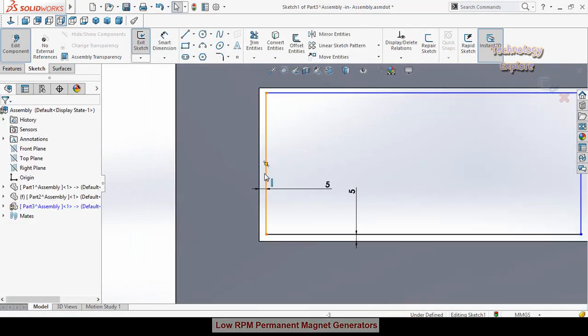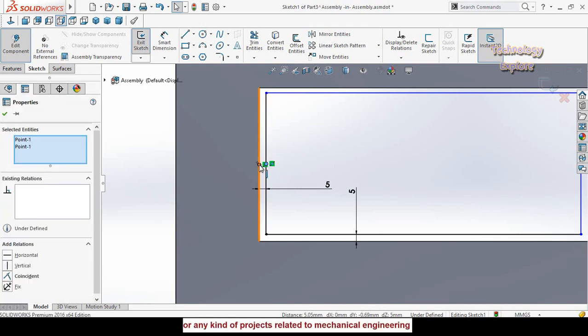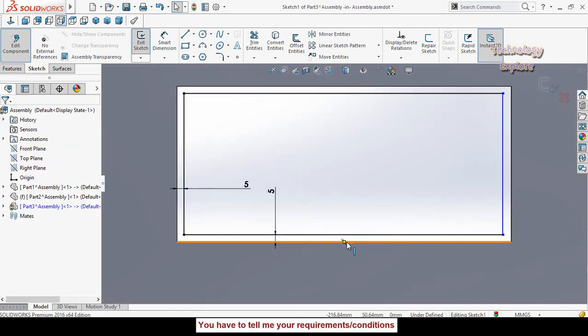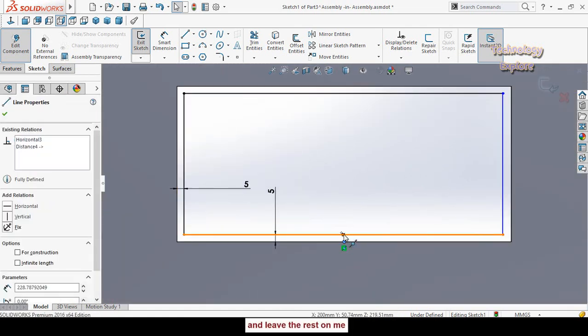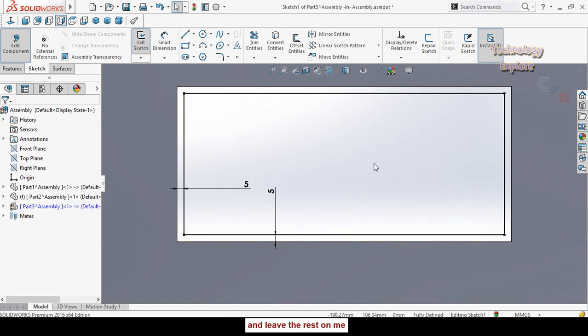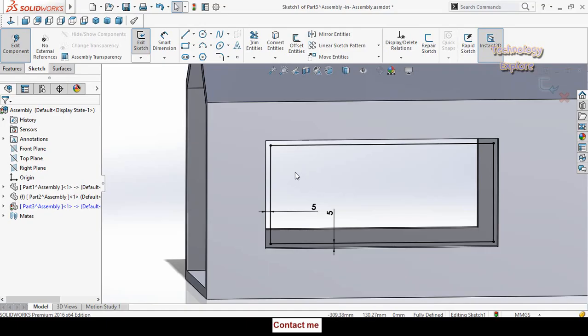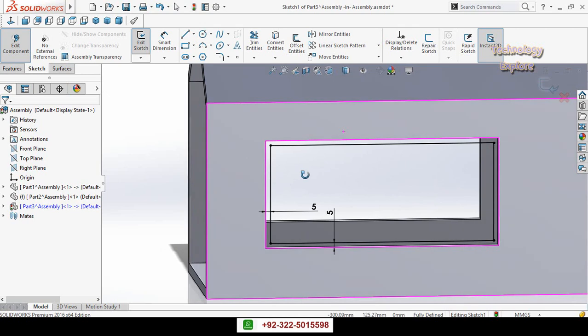Then again press escape button, press and hold control key, select this midpoint, make their relation horizontal. Similarly, select this midpoint and this midpoint, make their relation vertical. Now sketch is fully defined and I had made some distance just to show how the glass will look like.